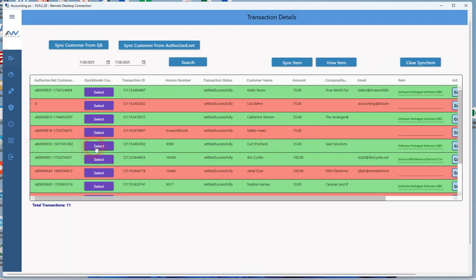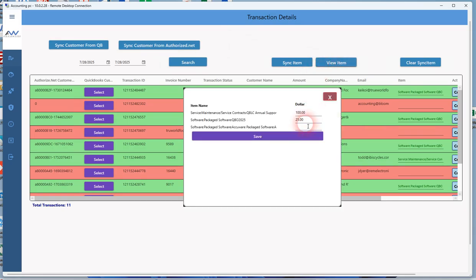And we also have a provision to be able to create a new customer in QuickBooks if it doesn't exist yet with any decent data that matches up, right? So I'll do that in another video, but basically